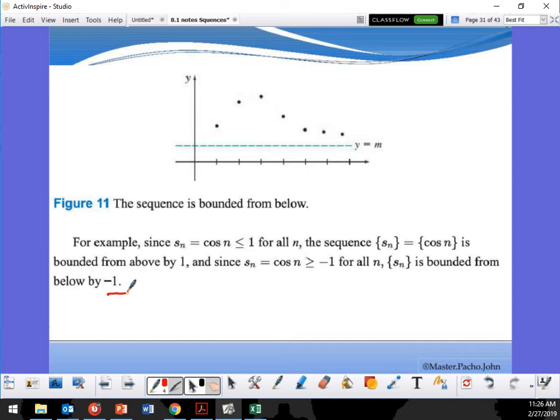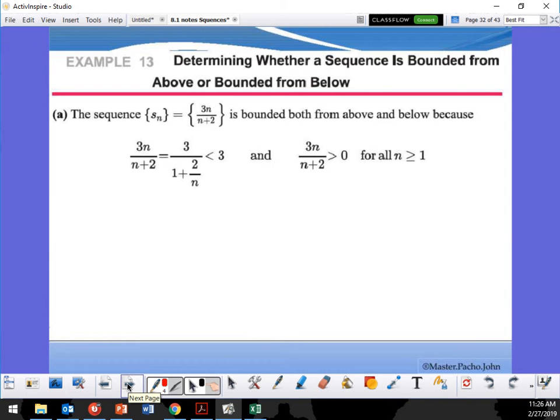Does that make sense? It's a sine wave, right? Or a cosine wave. So the cosine wave goes up to +1, goes down to -1. So it's bounded in between those two places, right? So that goes along with my squeeze theory. Squeeze! All right. Anyway,